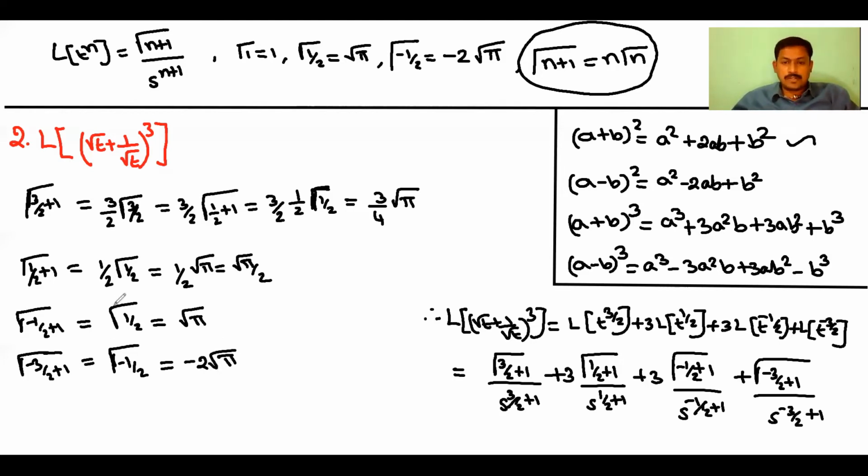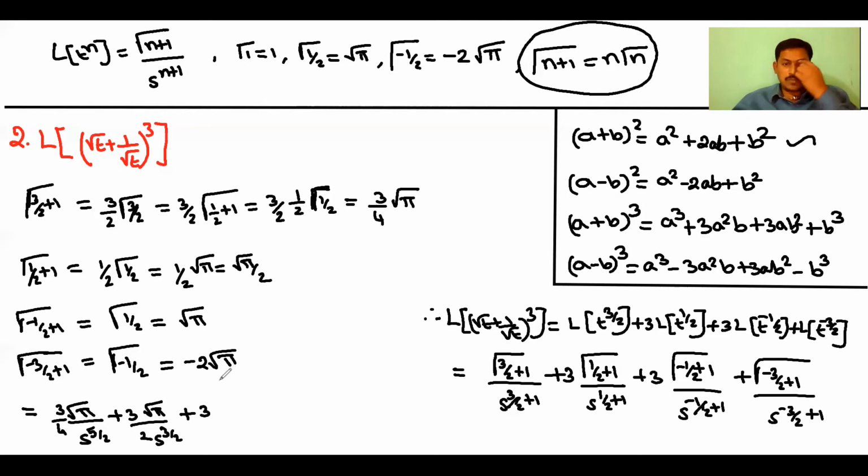So finally we will substitute that in the previous step. Therefore, gamma of 3/2 plus 1 can be written as 3/4 into root pi, the denominator consisting of s power 3/2 plus 1, that is 5/2, plus 3 into gamma of 1/2 plus 1, which can be written as root pi by 2. The denominator is having s power 1/2 plus 1, that is 3/2. So next, plus 3 into